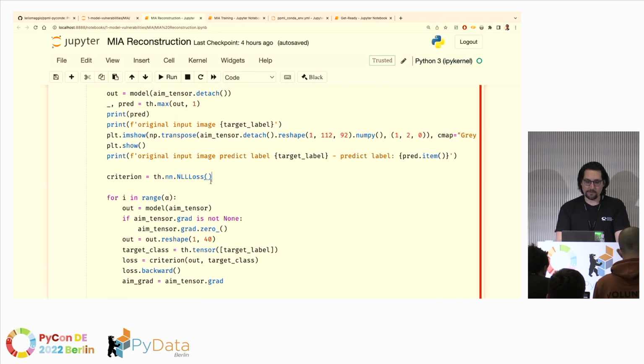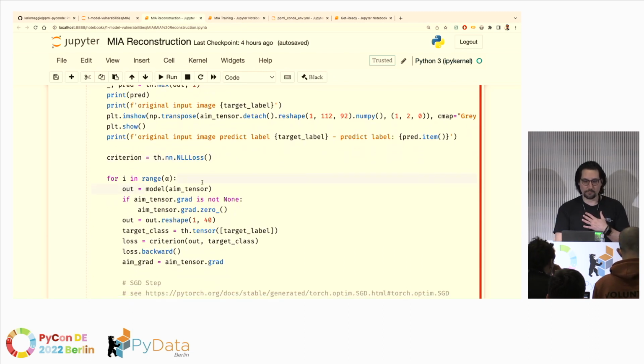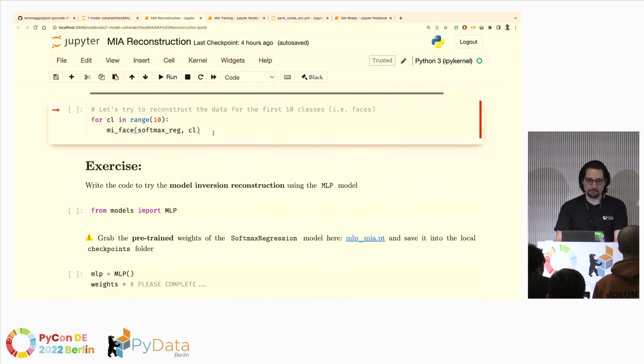So we are creating our own criterion, which is the classification loss, but the model is being used just as a black box. This loss, which is this one here, is between the target class and the output generated. And so we're trying to identify what the model is actually producing. And if we run the attack on this very simple model,